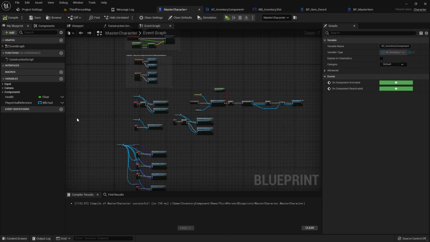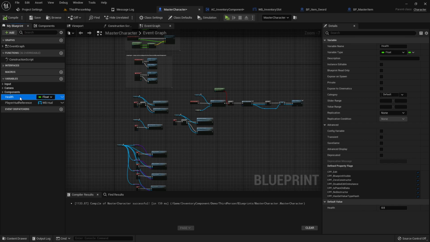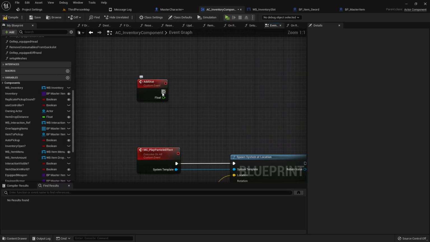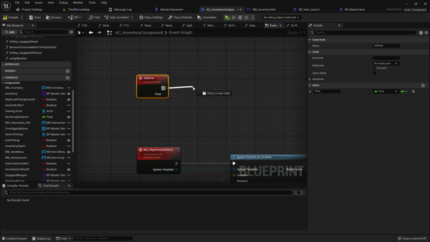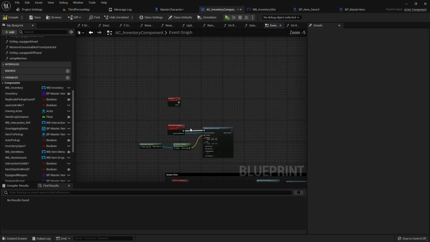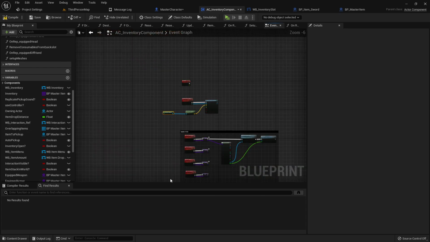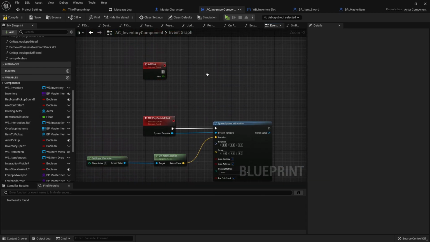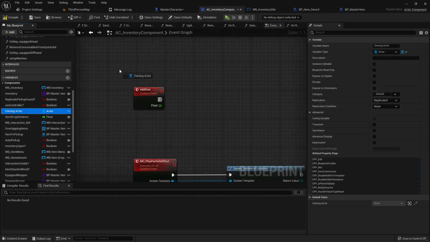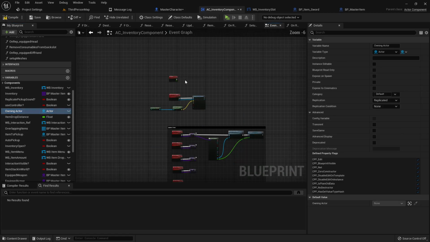But say that my master character already has the health value here. I'm not gonna set this up properly since your class will be different. But I would probably